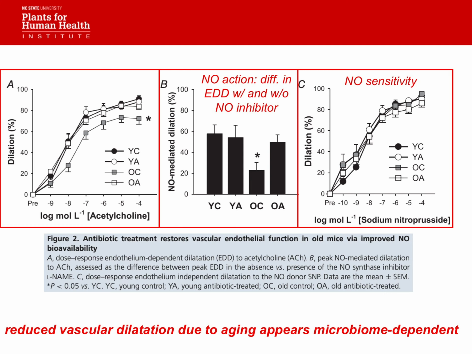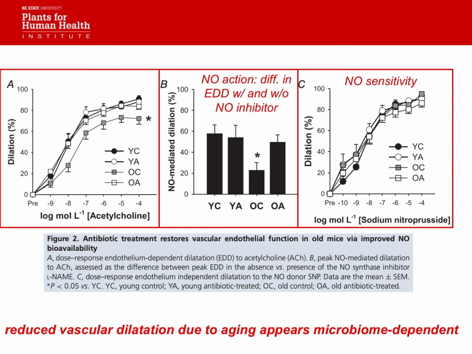They added acetylcholine, which basically stimulates dilation of the vessels. And what they showed was all of these mice had normal response to acetylcholine, except for the aged mice that weren't fed antibiotics. So what they were able to show here is that aging mice don't respond to these endothelial signals to dilate the way that all the other mice do. Interestingly, you would say, well, what about the aged mice fed the antibiotics? They were just like the young mice. So this reduced vascular dilation due to aging appears to be microbiome dependent.